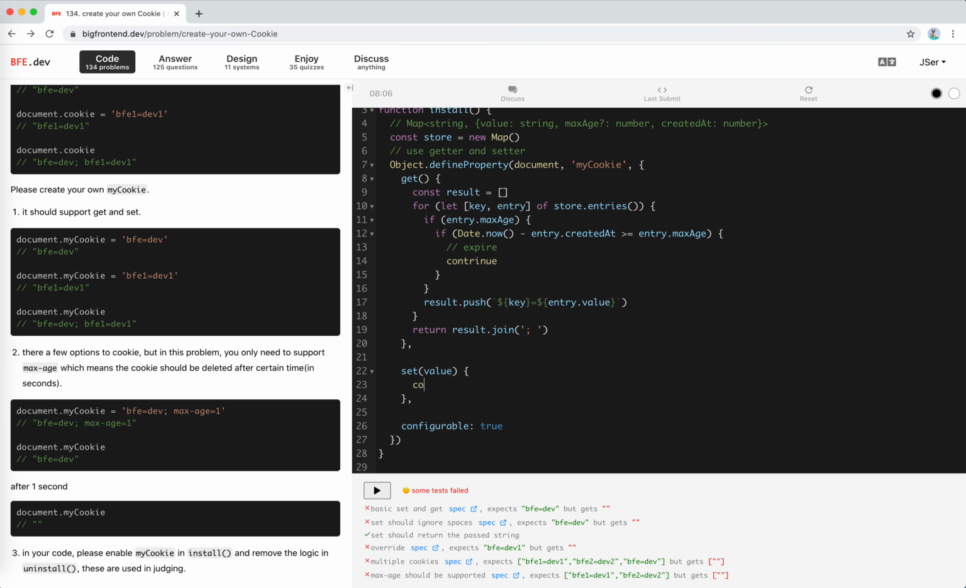Anyway, let's first split it. So the first one is the key-value pair, KV pair. The other one is options. That is split with